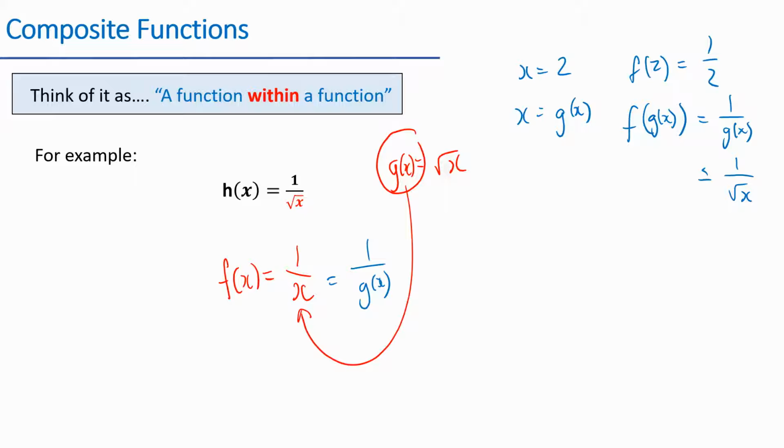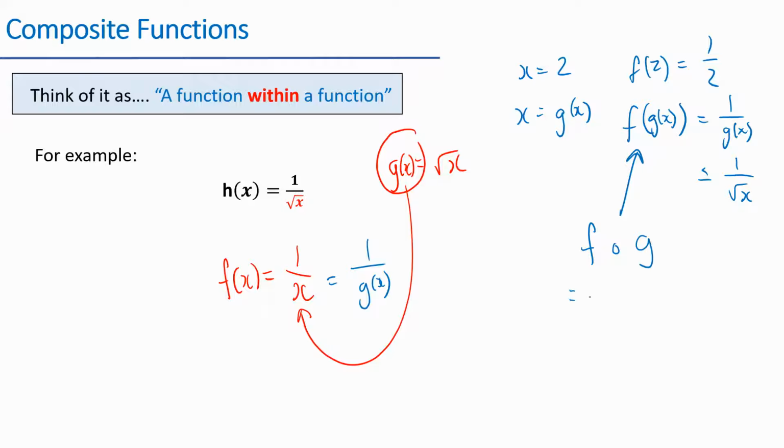And the nice thing is, because you know the properties of root x, and you know the properties of 1 on x, and you can visualize what they both look like, you can predict what 1 on root x will look like. See what I'm doing there? Okay, this is called composite functions. So when you see this, there's a name for that. We call this composite functions, but how you read it is